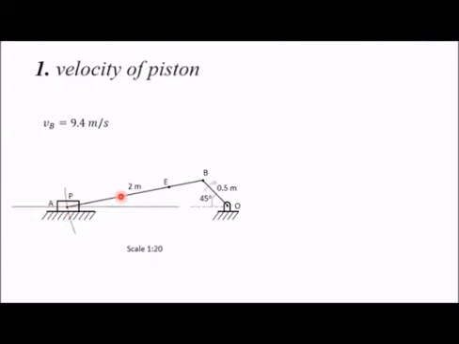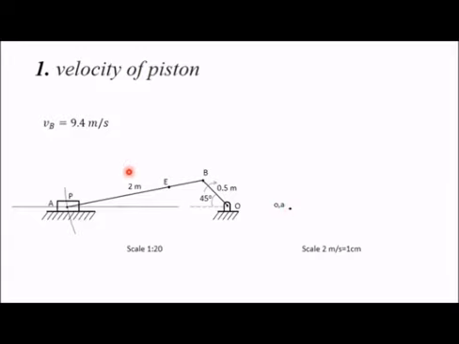Now we will draw the velocity diagram. For that we know that the absolute velocity of B is given as 9.4 meter per second. Again, to draw this velocity you should take some scale. So I am assuming the scale as 2 meter per second equals 1 centimeter. The first step is to mark all fixed points at one place. Here the fixed points are O and A, so these 2 points are marked at one place.